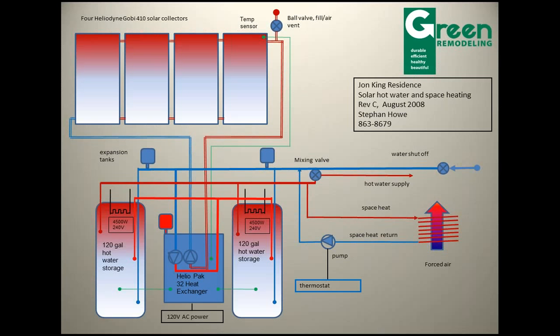The backup mode is electricity, and it relies both on solar hot water coming from these collectors and electricity for a backup. It also produces domestic hot water, again through a mixing valve, so it's both a domestic hot water and a space heat unit. And the place where this really works well is from about February through May and through